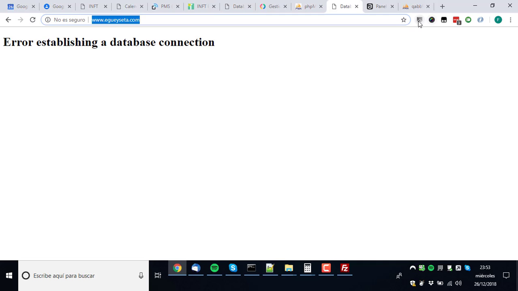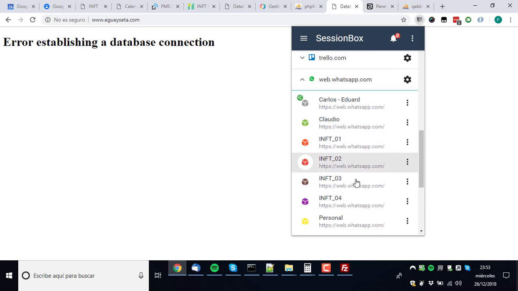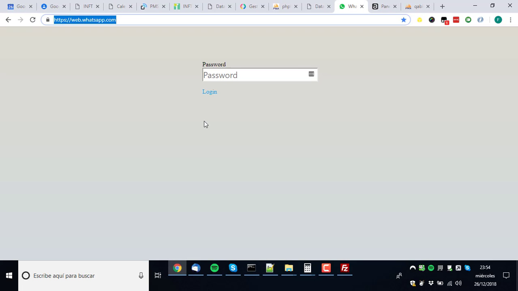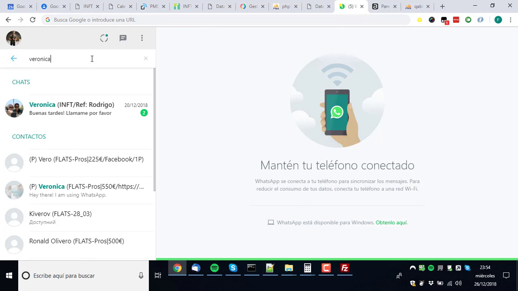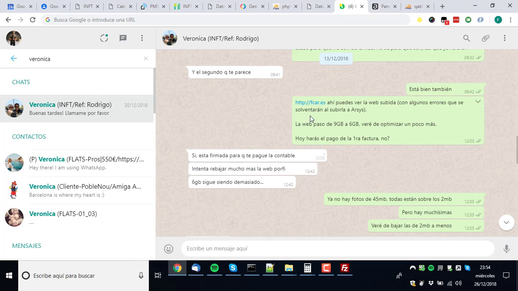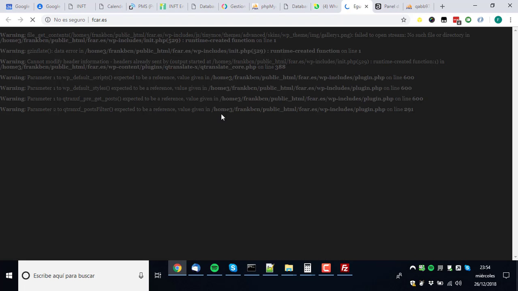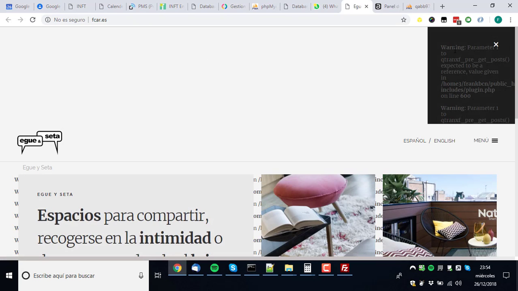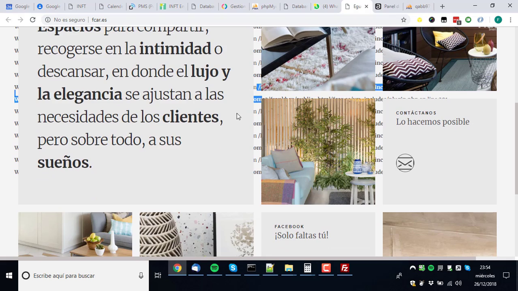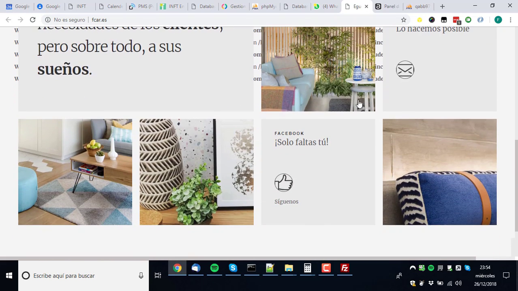1 minute, I already uploaded another version of this website to my hosting, to my HostGator, because I was testing, and it's already uploaded, but it's kind of weird how it looks. Veronica. Maybe I erased it already. No, it's there. Yes. So yeah, we had these issues of this, but the website without the issues, it should look like this. This is in HostGator.